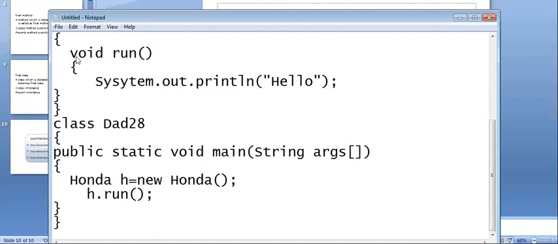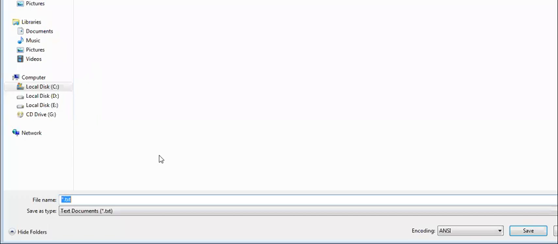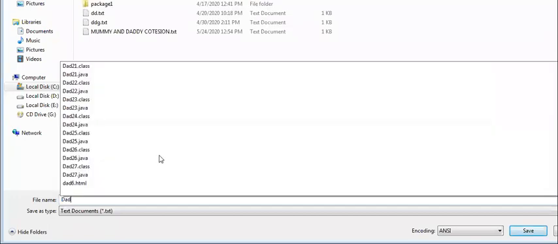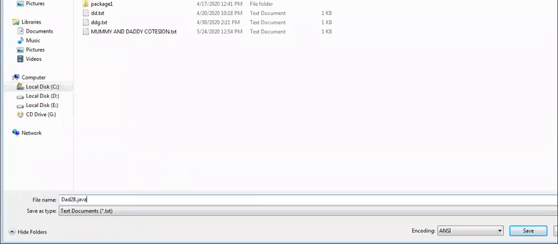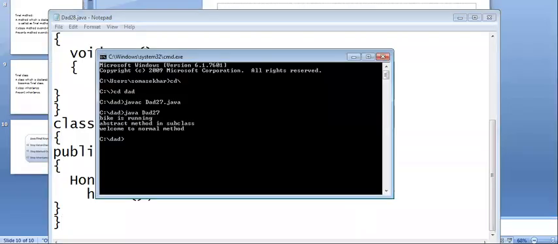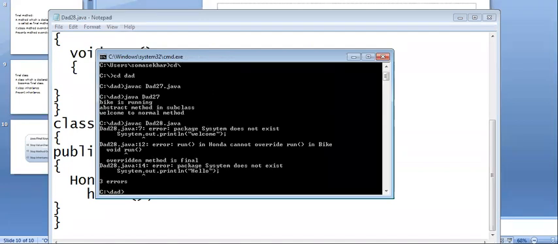Now I'm going to save this code, and then you can run this code. javac dot java. System dot out dot println.